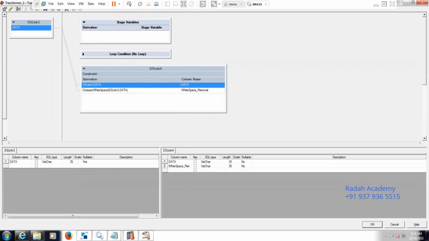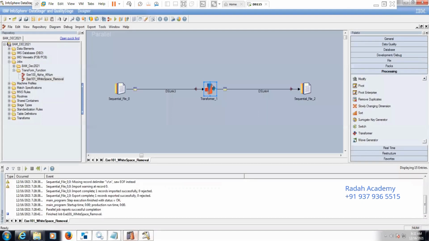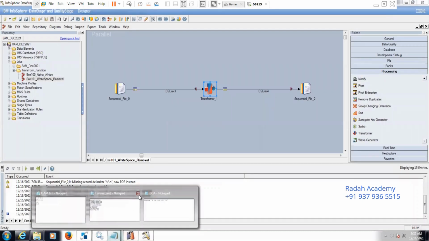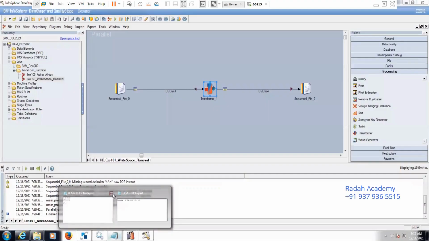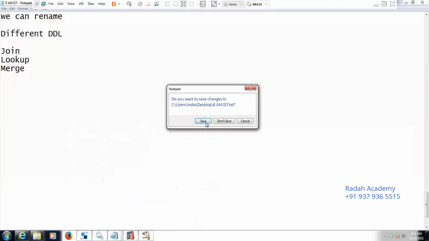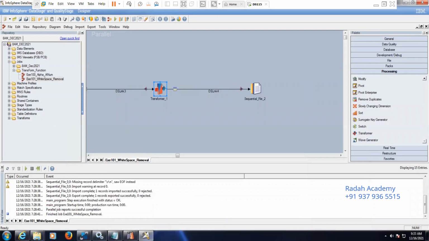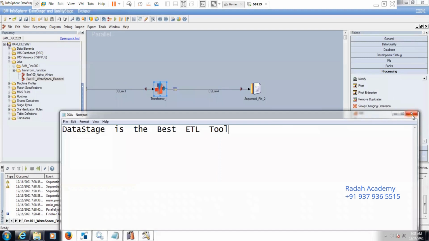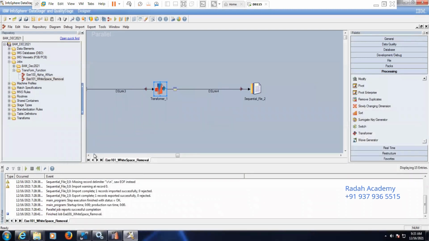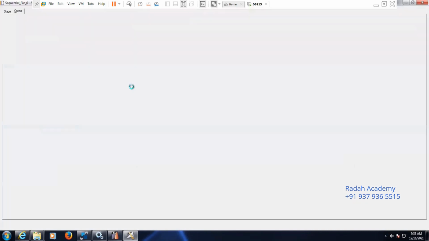So here let's read the source data. Let me close this file. I'm closing this file. Now the job has already been designed here. Let's view the source data.